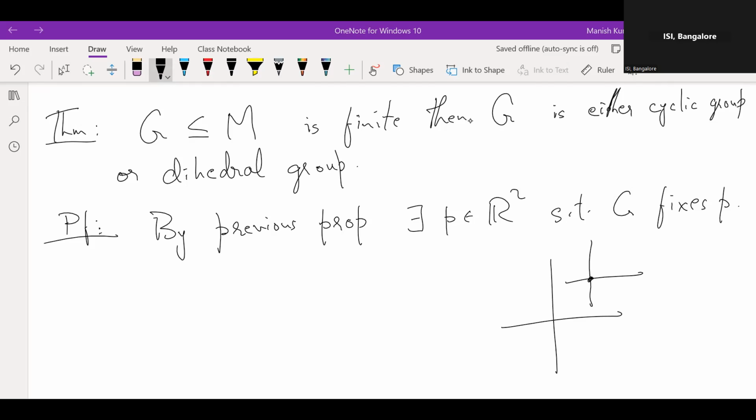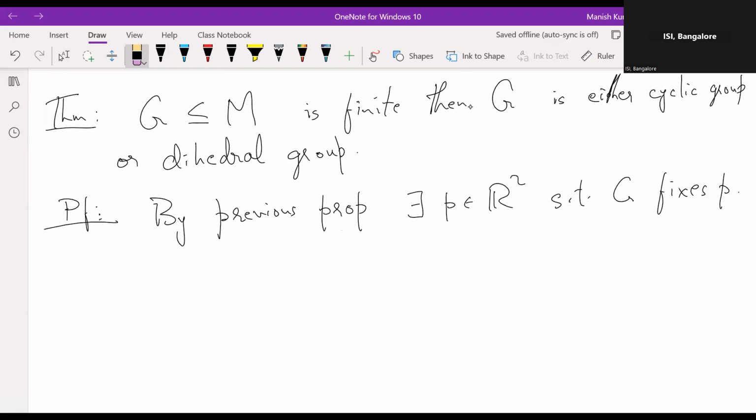Then G, anyway, it's a symmetry. Anything which is distance preserving for this coordinate axis is also distance preserving for this. So M is sort of coordinate free, right? So we can take whatever coordinate system. Yeah, so by the previous